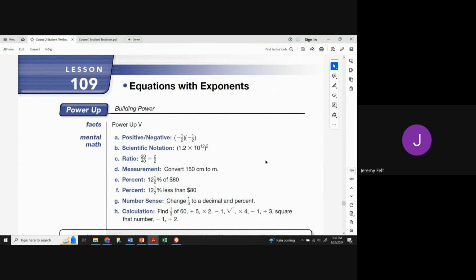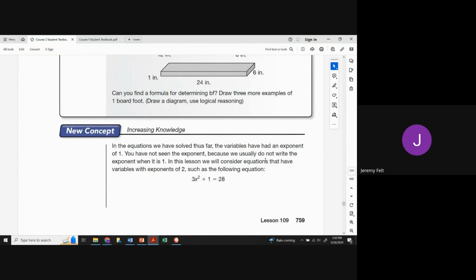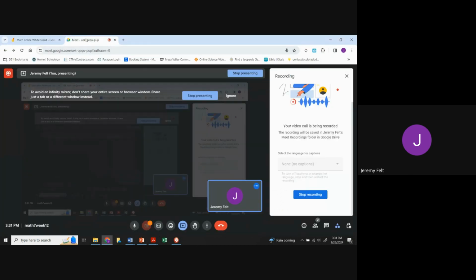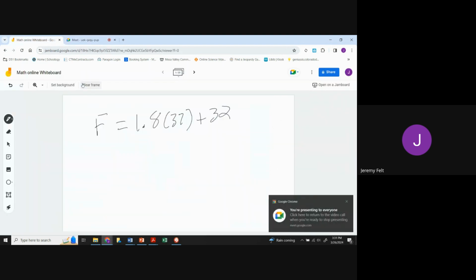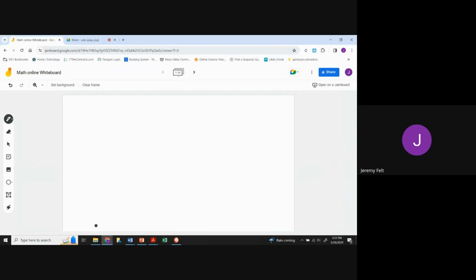And then we're looking at lesson 109, equations with exponents. Right, so we have, for example, 3x squared plus 1 equals 28. So what we're going to do,